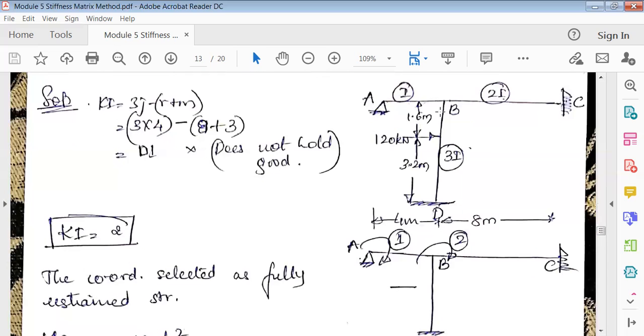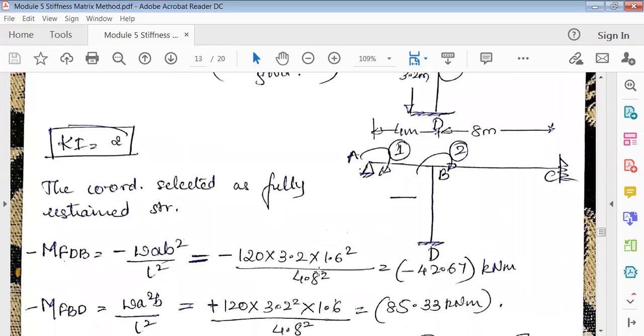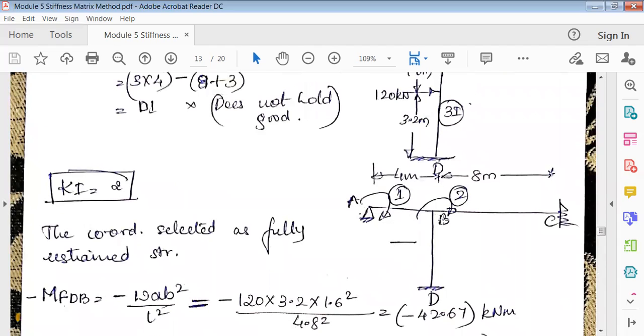Now this is done manually. Just by seeing the frame, you can put ki equal to 2 here. This is the first displacement direction, the first coordinate direction, and this is the second coordinate direction. 1 and 2 are at A and B. Once you find the ki and put the coordinate directions, next, as usual, find